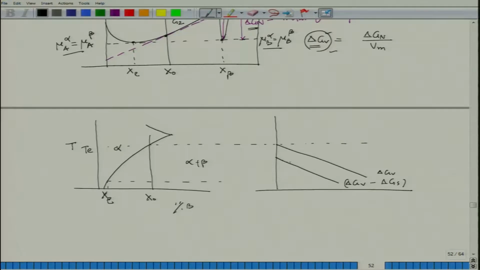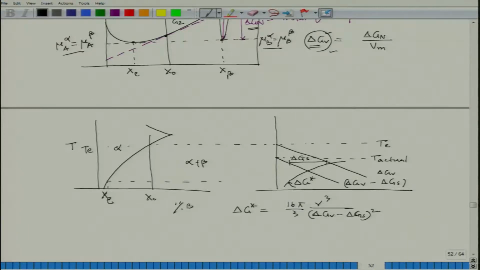So this difference is delta GS, and if we try to measure delta G star, which is 16 pi by 3 gamma cubed over delta GV minus delta GS squared. So now the actual transformation start temperature would be this one, which is T actual, and this is T E, equilibrium. So, delta G star would